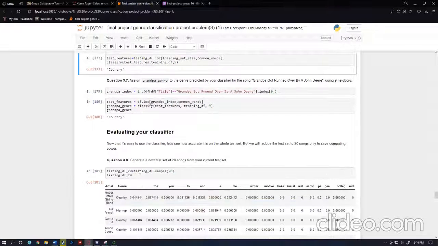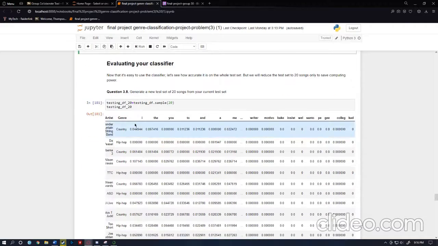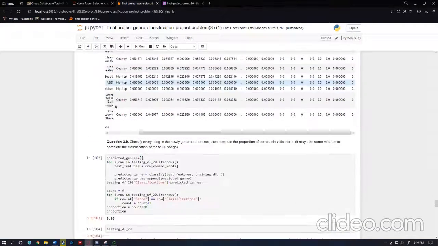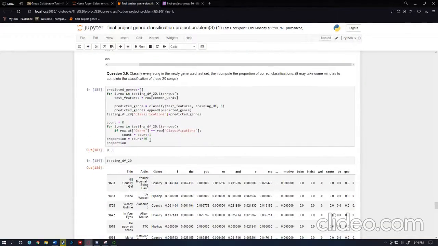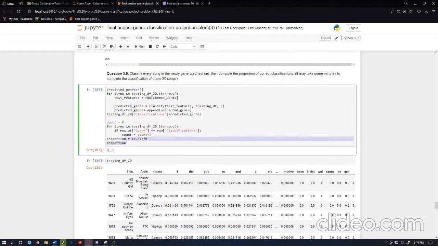And then we did that for the specific song, and to find the index of this, I used this code. And in 3.8 and 3.9, we sampled 20 random samples and ran a testing classification and divided that by 20, the total of samples that we had, and that would be our proportion of